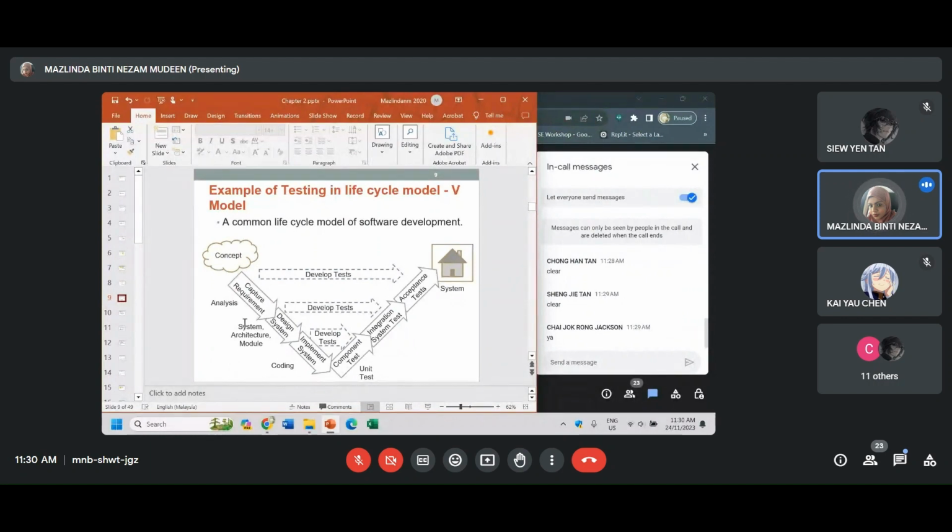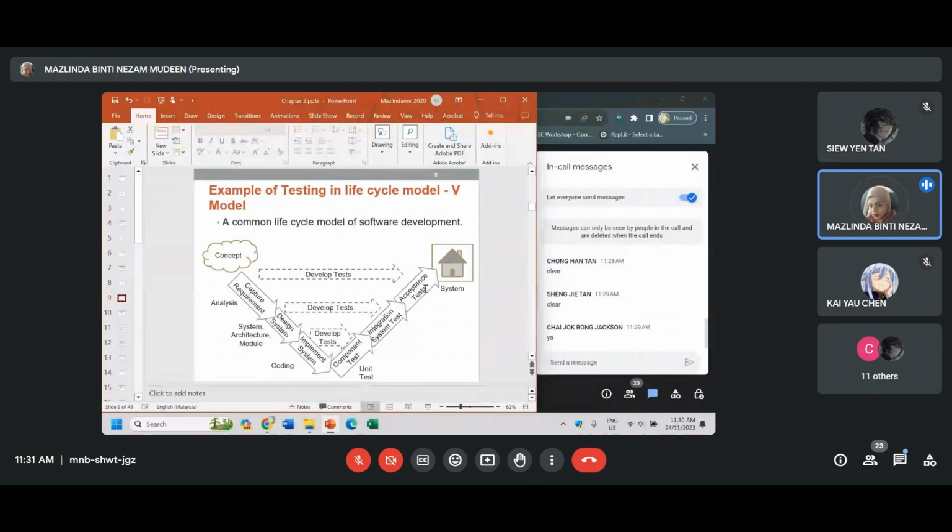If you see, we have the analysis stage, the design stage, and also the coding stage. What we prepare at each of these stages is what we need for our different levels of